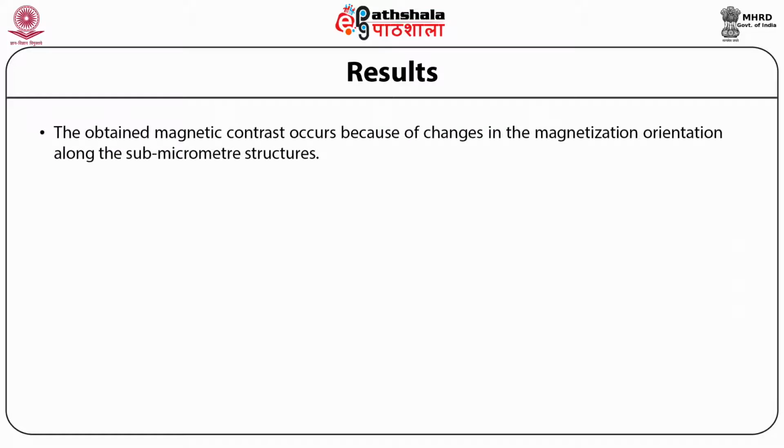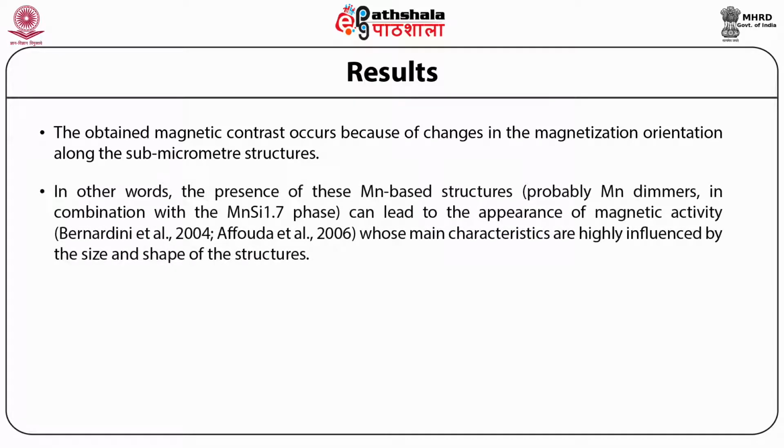The obtained magnetic contrast occurs because of the changes in the magnetization orientation along the submicrometer structures. In other words, the presence of these manganese-based structures, probably magnetic manganese dimers, in combination with the manganese silicon 1.7 phase, can lead to the appearance of magnetic activity. But Nardini et al. in 2004 had done this. Then Afauda et al. in 2006 did the same, whose main characteristics are highly influenced by the size and shape